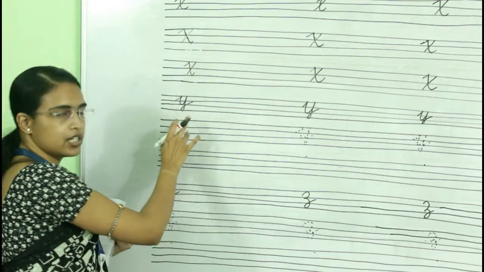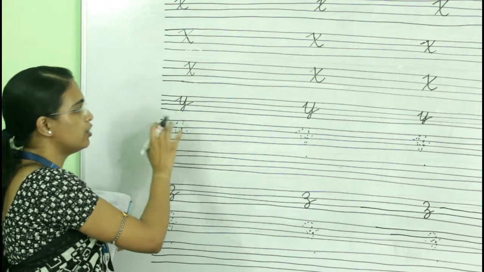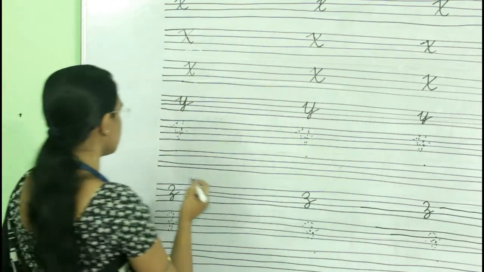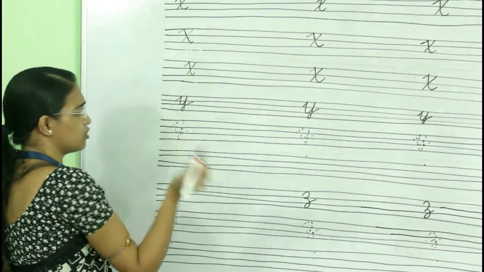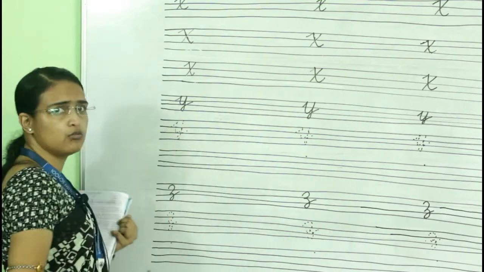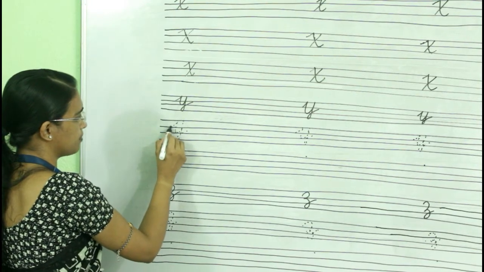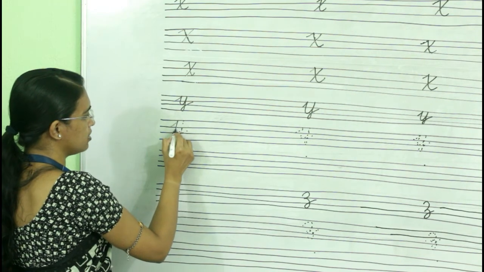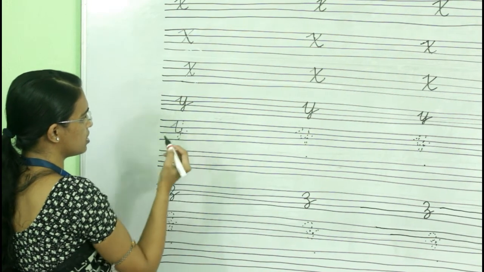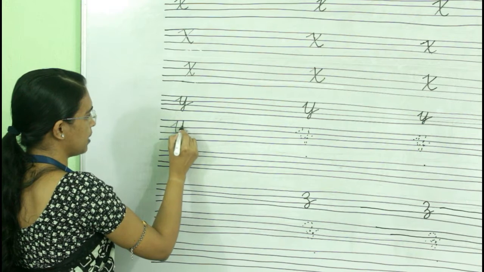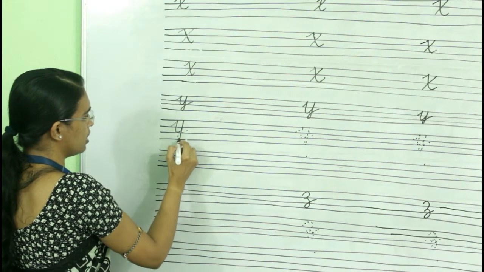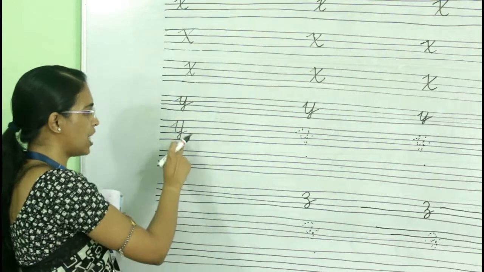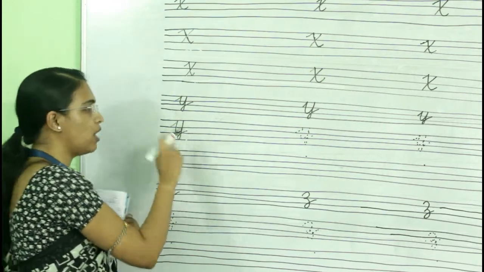Now when you write cursive capital letter Y, you have to write this Y on another page, okay? So for that, when you trace this cursive capital letter Y, start from here. Draw a slanting line like this, then draw a straight line, then make a small curve like this, then go up and make a standing line like this, then another curve line like this. In this way you have to write cursive capital letter Y.